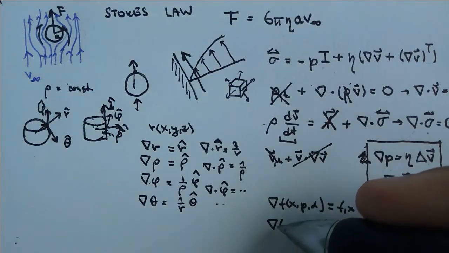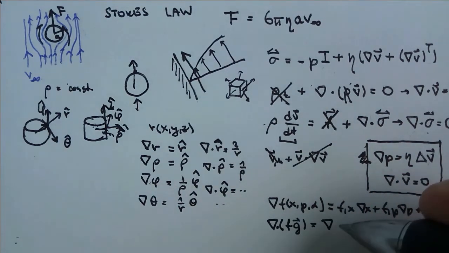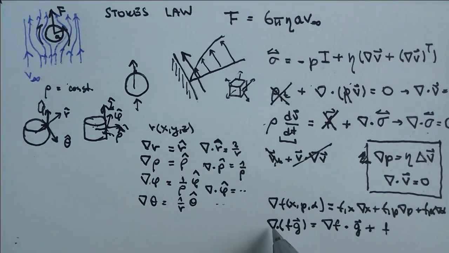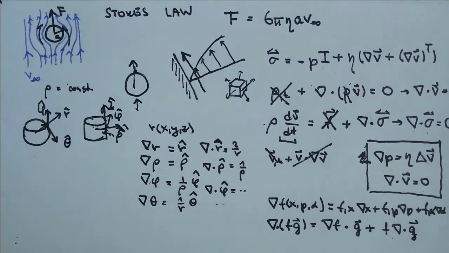the divergence of a product of a function and a vector is going to be the gradient of f. There has to be a dot product somewhere, so there it is, with the g vector, plus f times the divergence of g, and nabla must act on the first and then the second component. This is the only way it can be done, because nabla is thought of as a vector also. Vector with vector, there is a dot product. So this is the right